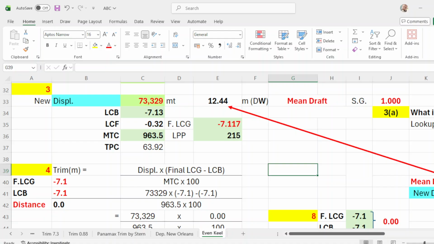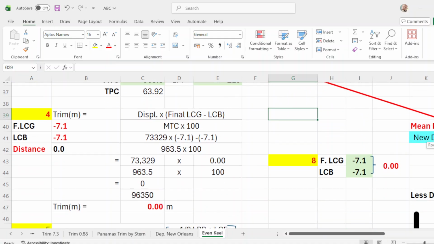Displacement times 0 is 0, and MTC times 100, so this will be 0. Your trim is 0, meaning you're at even keel. Okay, that will be number 4. Number 5,